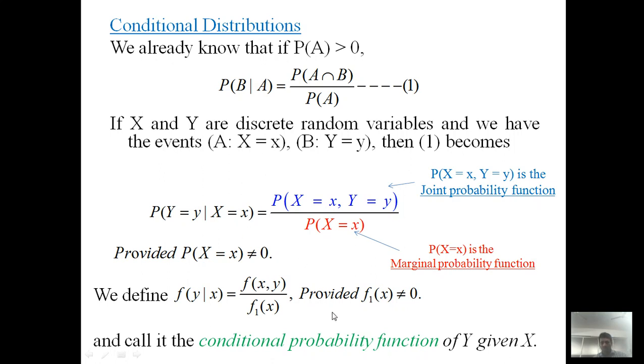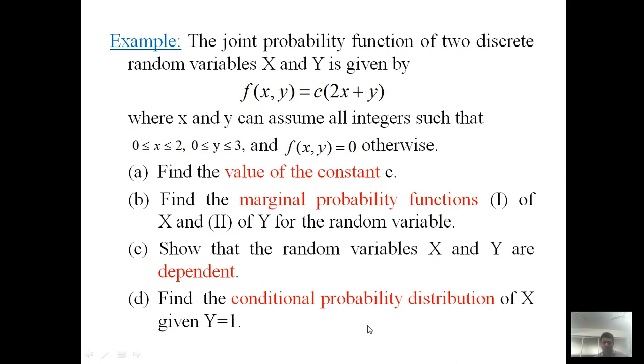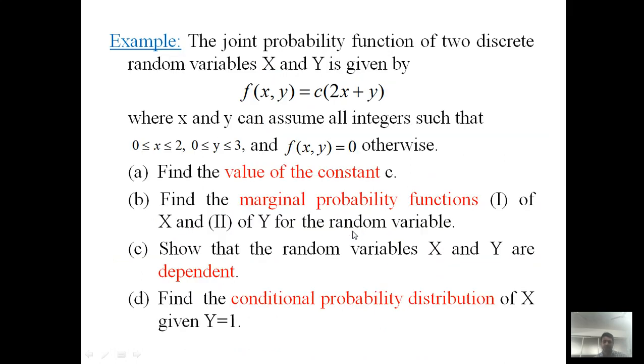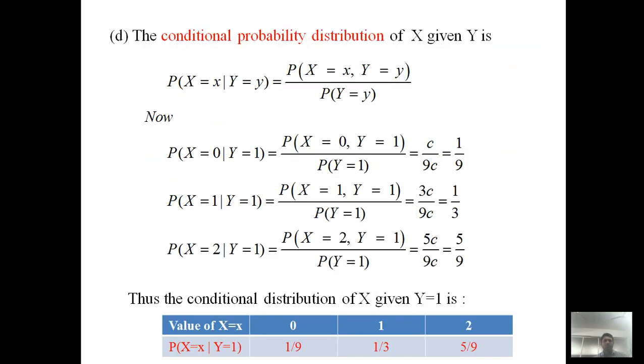So here we discussed conditional probability of y given x. But in this question we have to find the conditional probability distribution of x given y. So x and y are interchanged, and correspondingly we have to change the formula. We write the x component first, y component next. The numerator stays as it is, but the denominator is replaced by y. So this is the formula of conditional probability distribution, and we are interested in the conditional probability distribution of x given y.